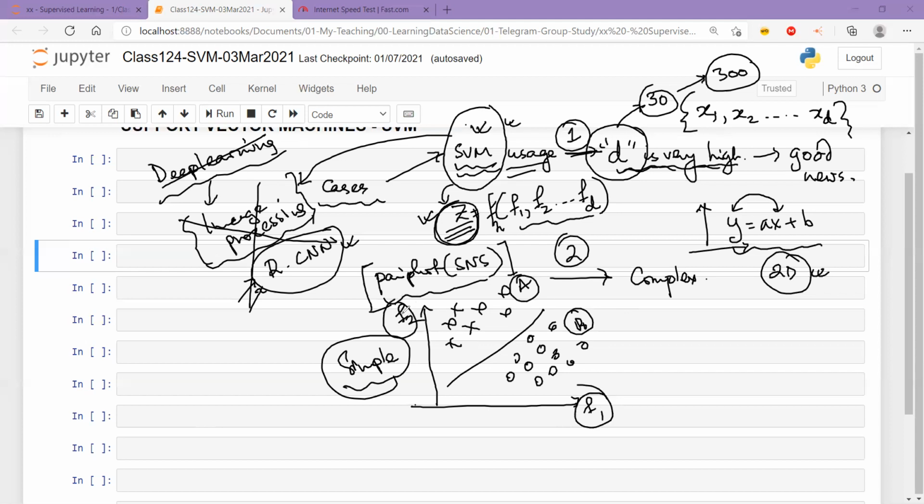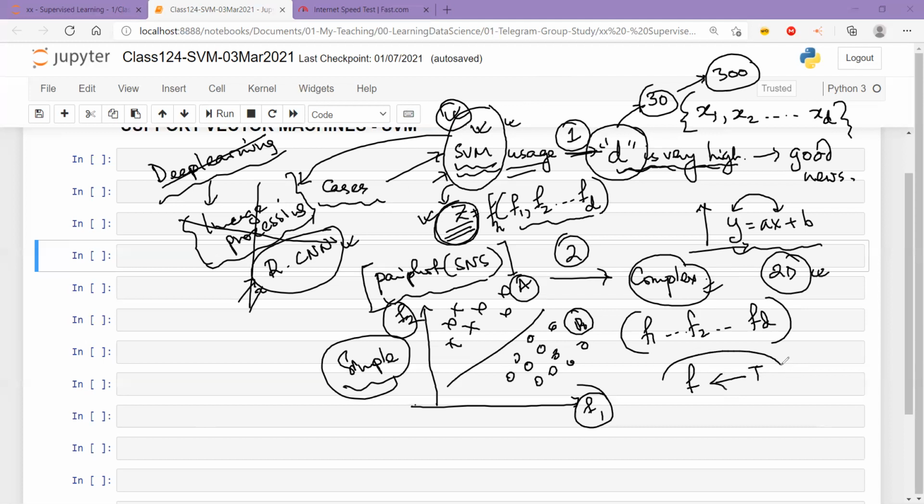Basis these two features, which means if this is the case for all of the features F1, F2 until F of d, then you do not need anything as complex as SVM. But in that case, SVM is also going to work. I'm not saying that it is not going to work, but then it will be like trying to kill a mosquito with an AK-47. You don't need it. If the data is really complex, the relationship between features and target is complex, then people tend to go to SVMs.